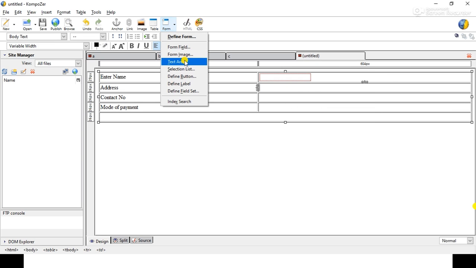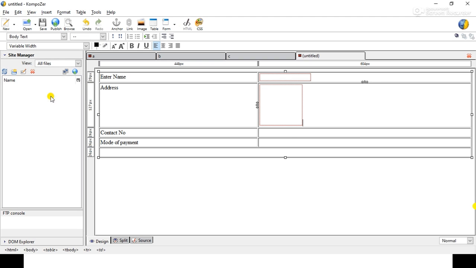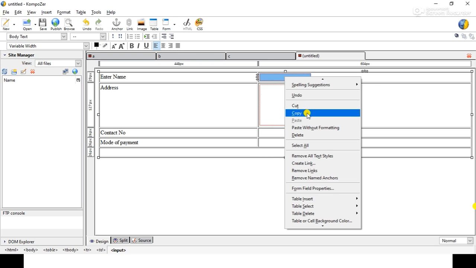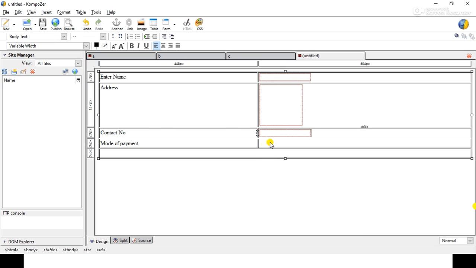So from text area, address, and I'll give the number of rows, suppose 6, and for this 12 and OK. For this contact number we will copy this text box first, and over here you can paste it.